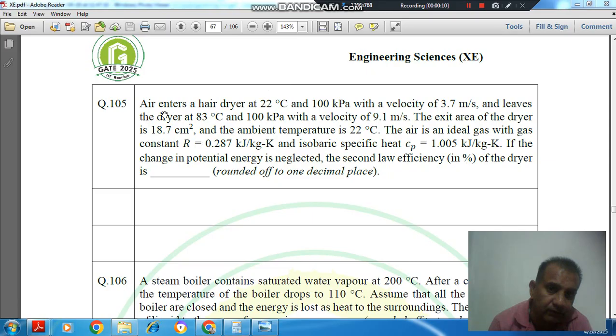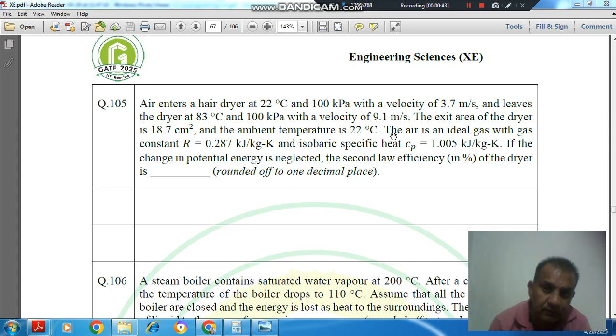Question number 105: air enters a hair dryer at 22 degrees Celsius and 100 kPa with a velocity of 3.7 meter per second and leaves the dryer at 83 degrees Celsius and 100 kPa with a velocity of 9.1 meter per second. The exit area of the dryer is 18.7 centimeter square and the ambient temperature is 22